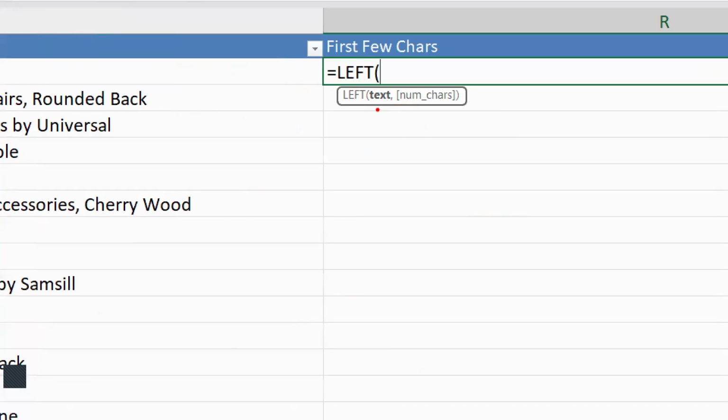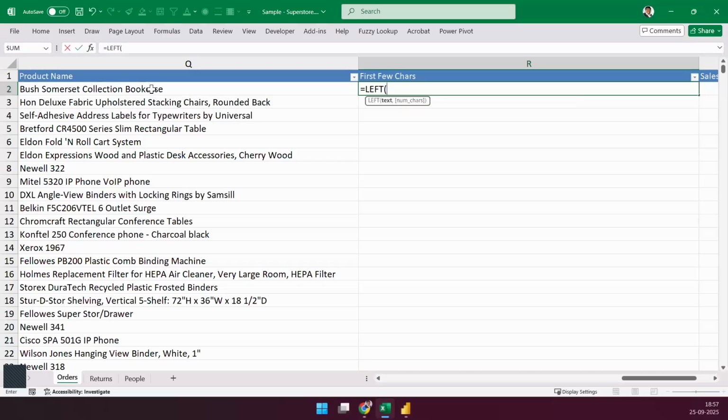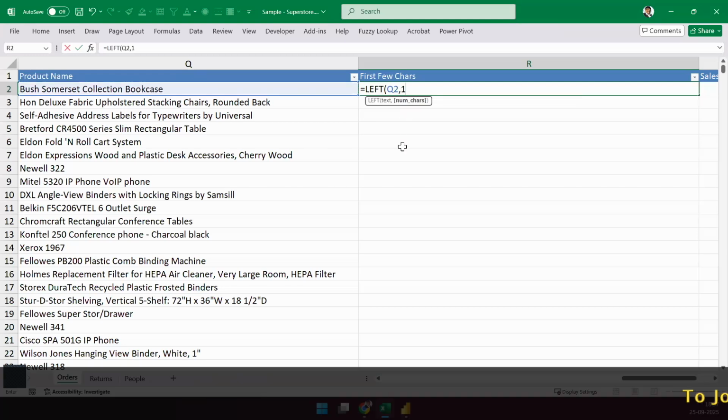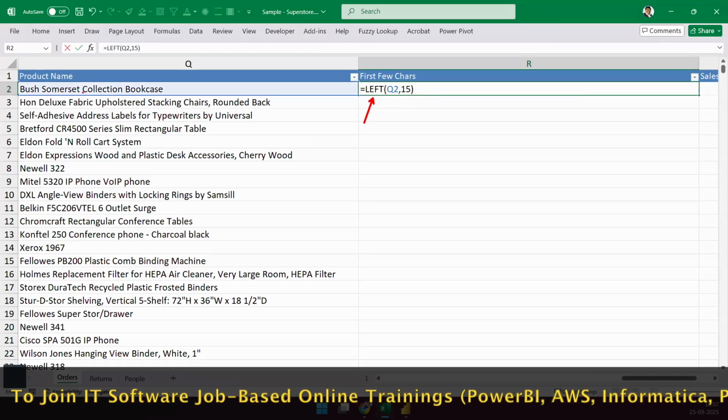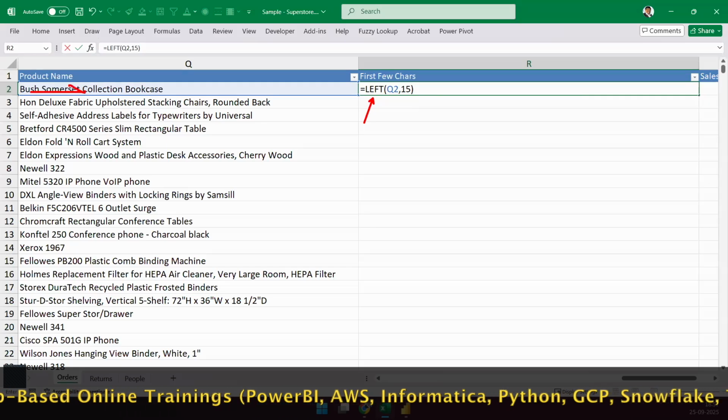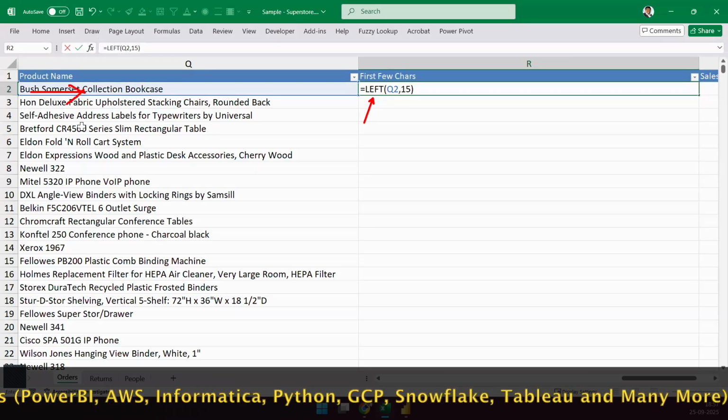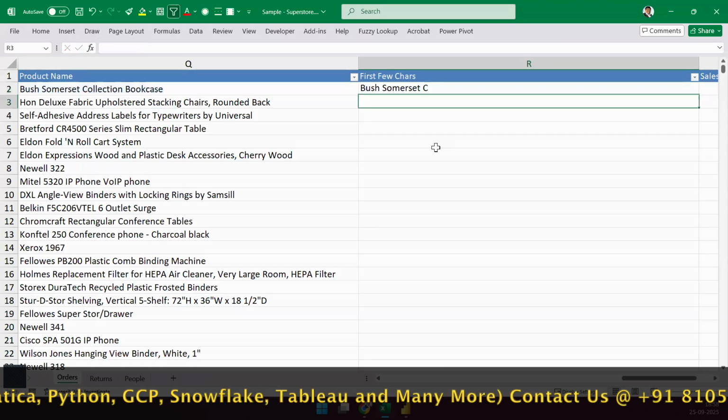And it asks you, okay, where is the text coming from? So I'm just going to say, okay, the text is from here. Click on that cell. It's Q2 from where the text is going to be extracted. Very good. From that text, I want to get 15 characters out. And it's going to work from the left-hand side, so from the left-hand side, you will be extracting the first 15 characters. Got it? Fantastic. Let's hit enter, complete our formula.